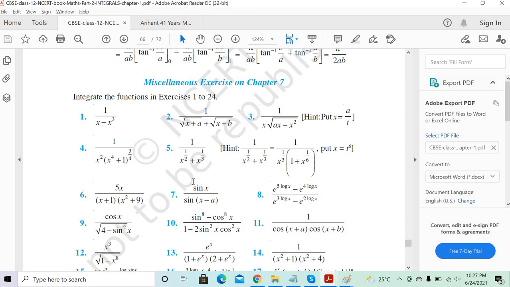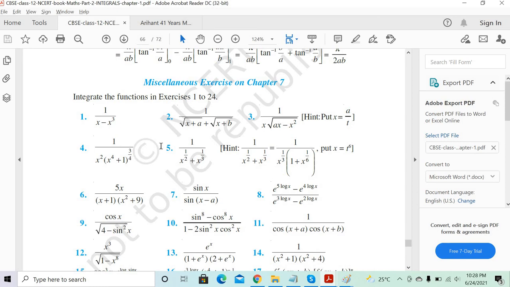We need to get rid of the 1/3 root and 1/6 root. The method remains the same, but because of 1 plus 1 by x power 1 by 6, when you try to differentiate, x power 1 by 3 will not come. So you need to substitute some x value such that it works, but it's a double, 1 by 3 and 1 by 6, right? Here you may need to use partial fractions. Got it? Yes, sir. You're fine, no problem.